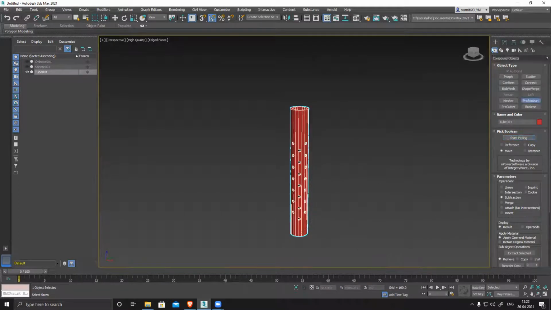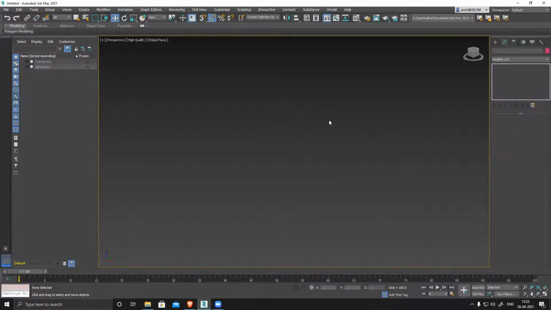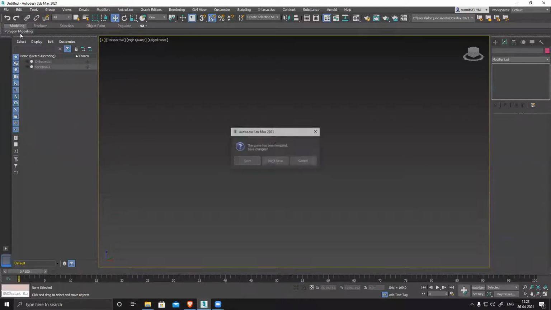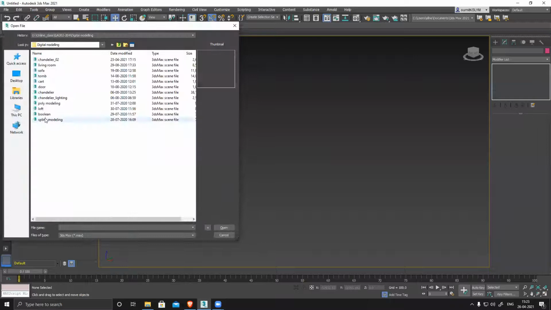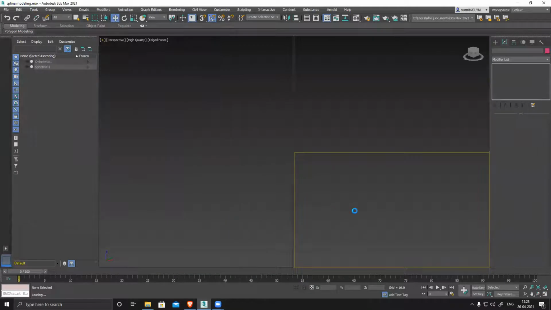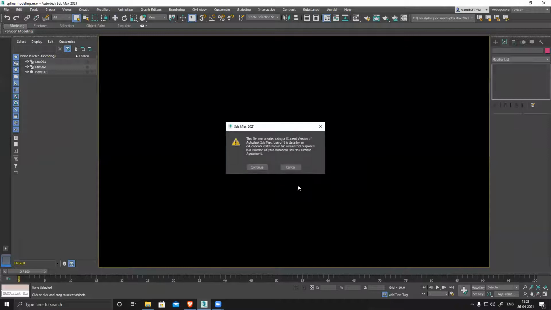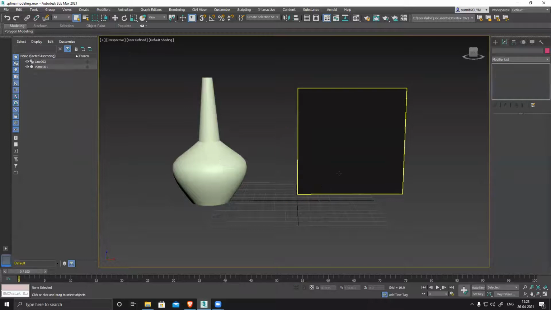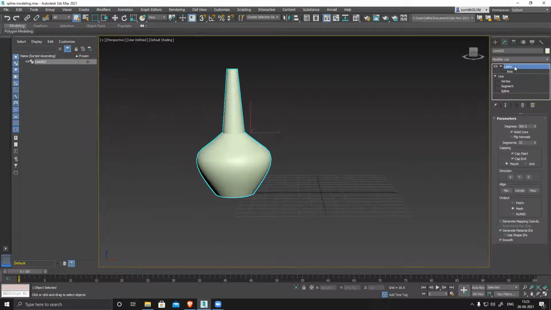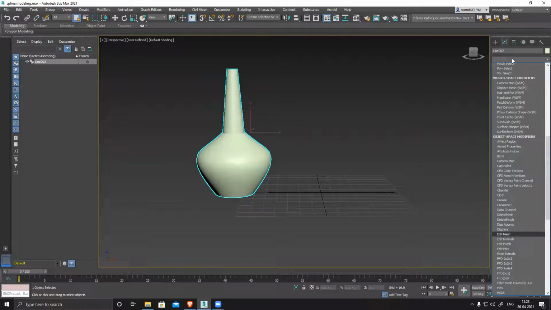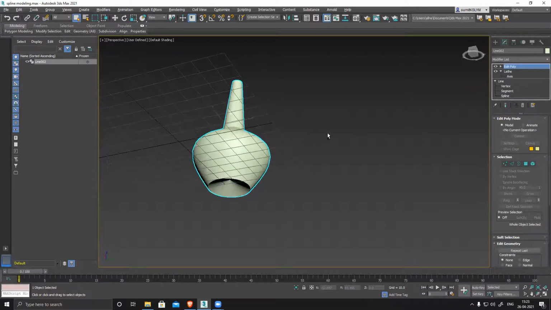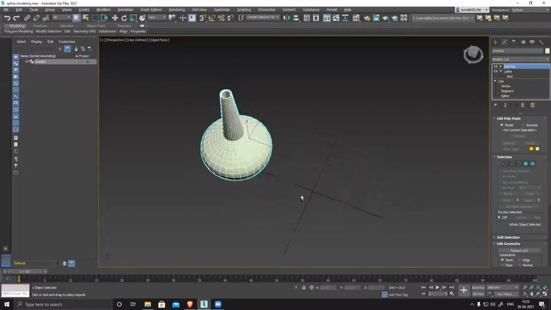And similarly, suppose we created this thing, right? First day we created a bottle. Let me open that. Okay, so open this one. I have some base or something here. Let's delete this. Delete this. Suppose I have this one and edit poly. I applied an edit poly. You can see I can create a vase very nicely, easily.